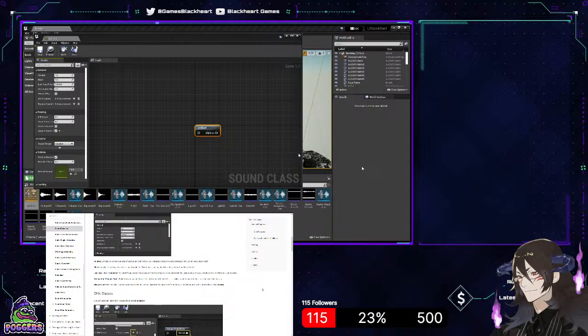Let's say we want to create a laser blast, like someone using a laser gun to shoot, right? Obviously you have the default laser sounds out there, but maybe we want to make a different spin on it. We want to change it up a little bit, so we use one of those features to maybe improve upon it.